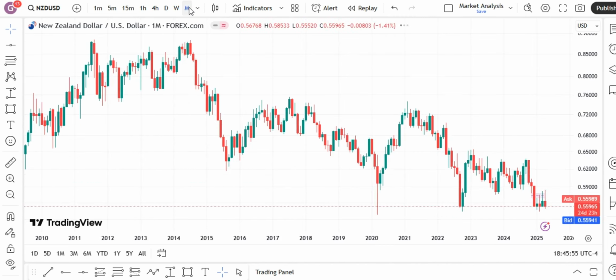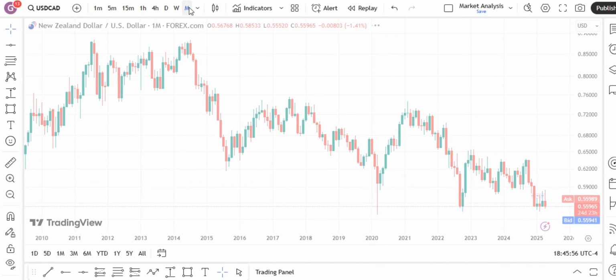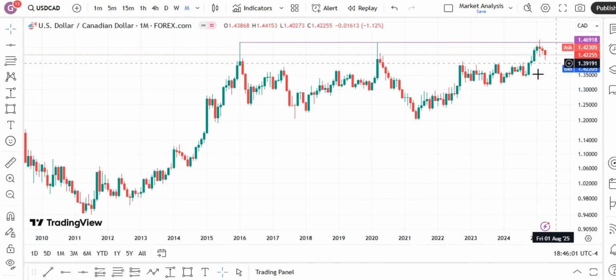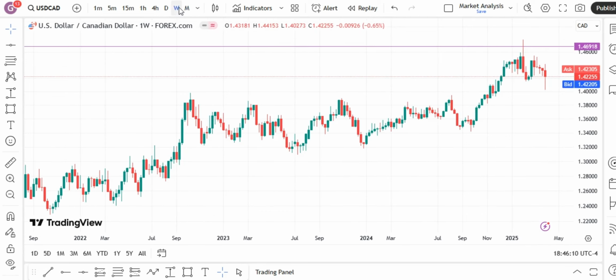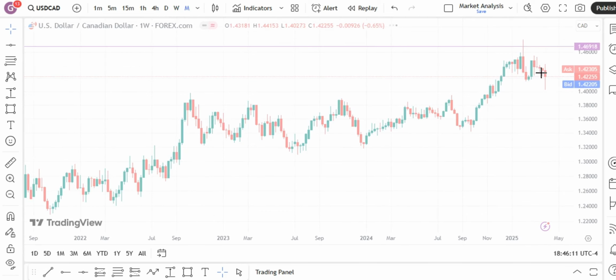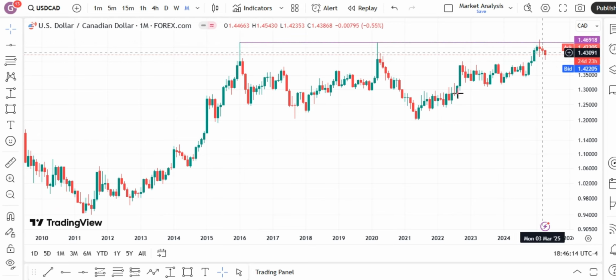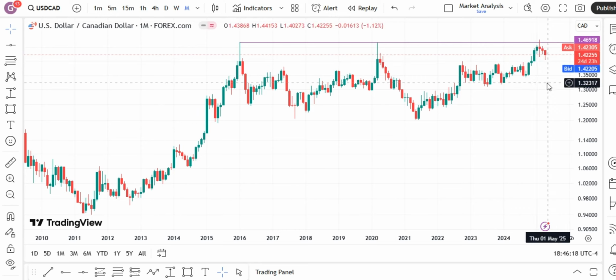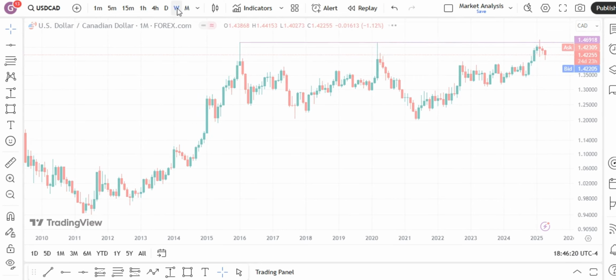Let's go to USD CAD. USD CAD has taken out that low. I think for me, we should start expecting upside movements. Let's see. You can see how it's struggling to go lower, even on monthly time frame. Struggling to go lower. Previous month's low has been violated, so I want to see that act as